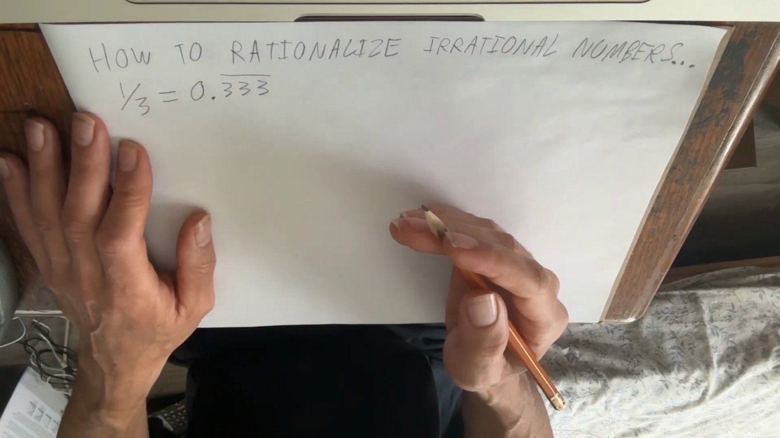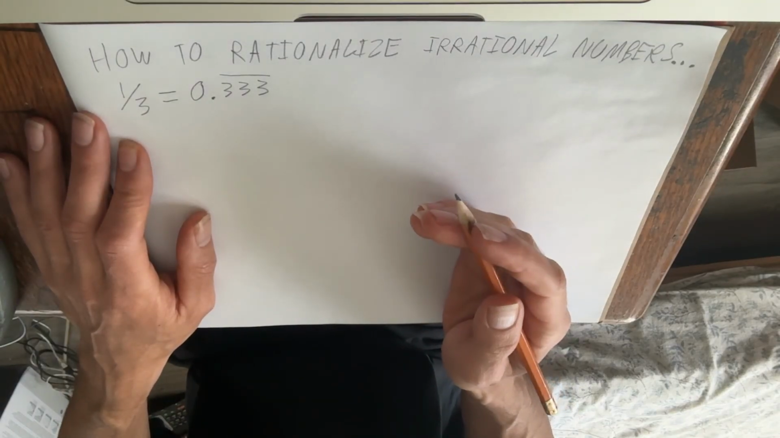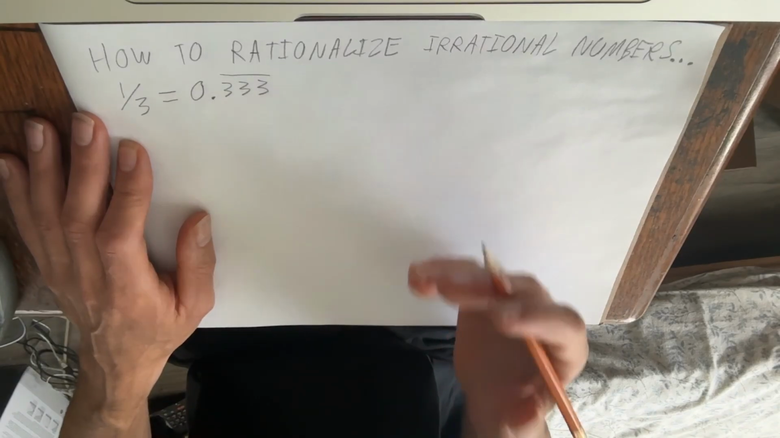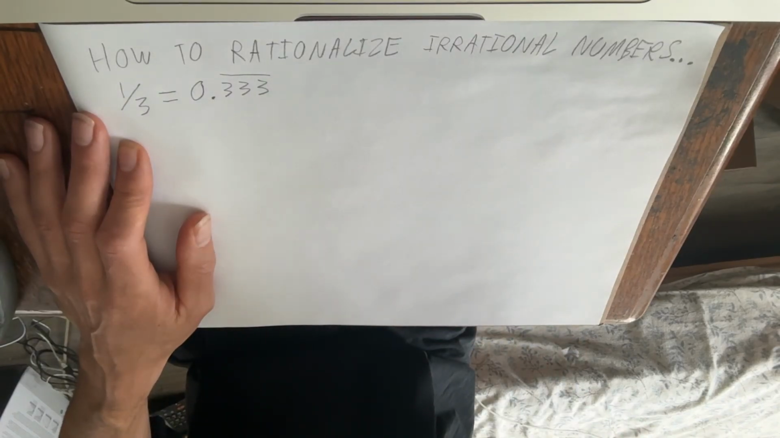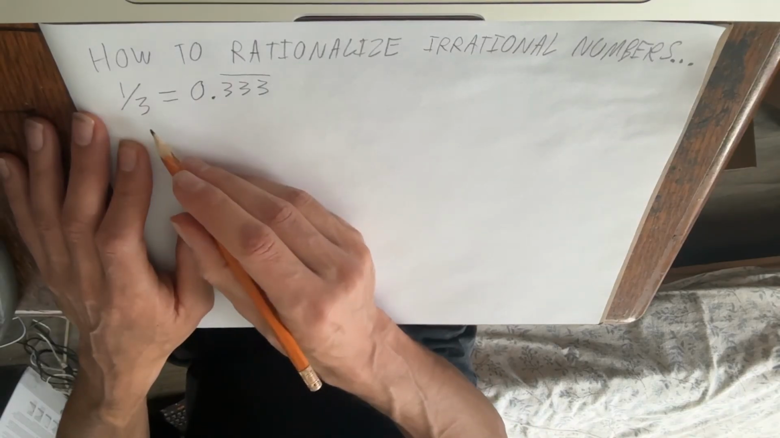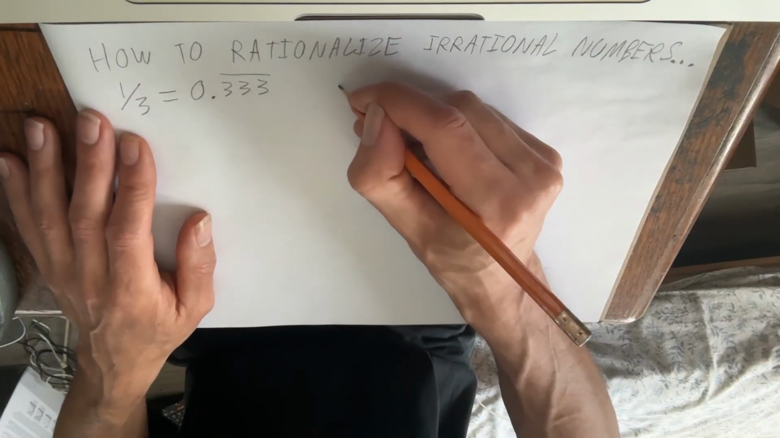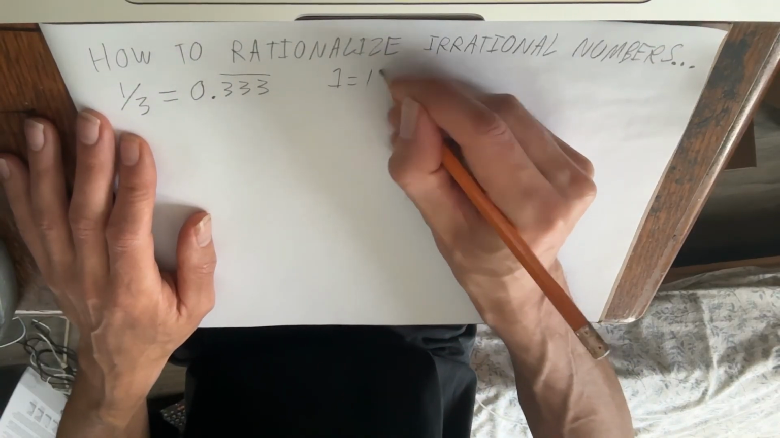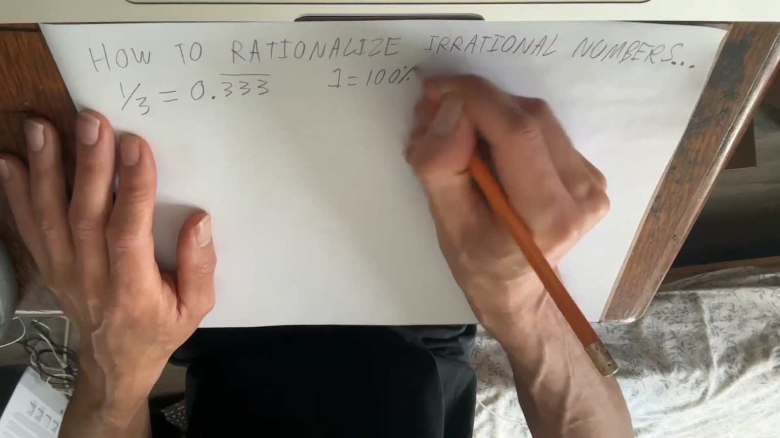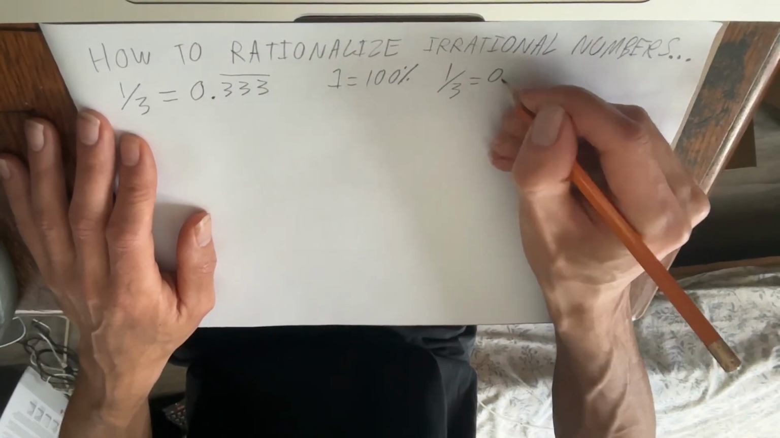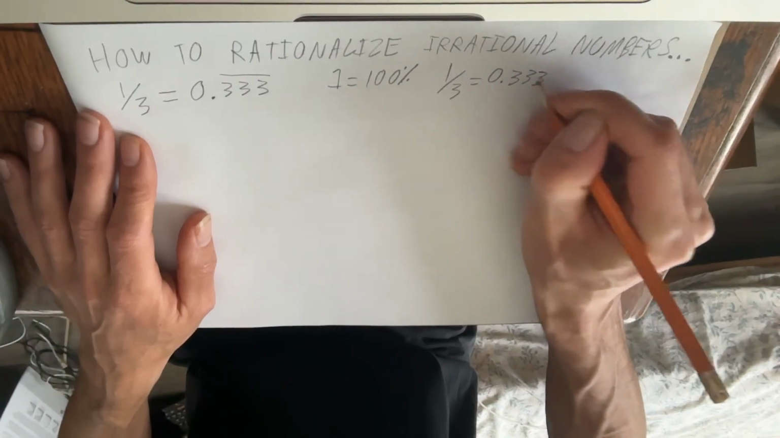Now, working within our numerical system that we have right now, basically we're working within tens, a base 10 system. 3 does not go into 10. It doesn't go into 100. It doesn't go into 1,000, right? So when 1 equals 100% and 1 over 3 equals 0.333 repeating,